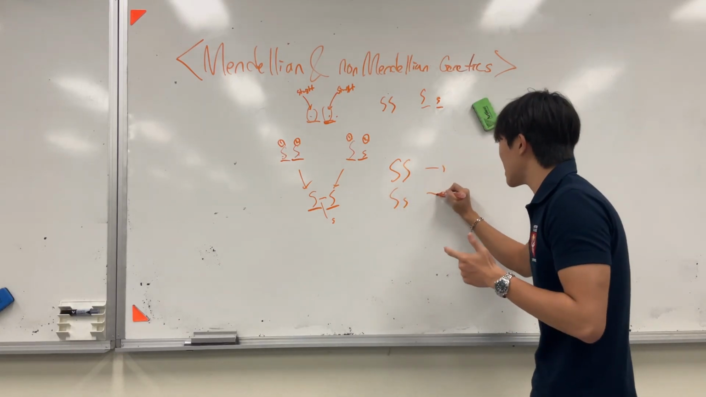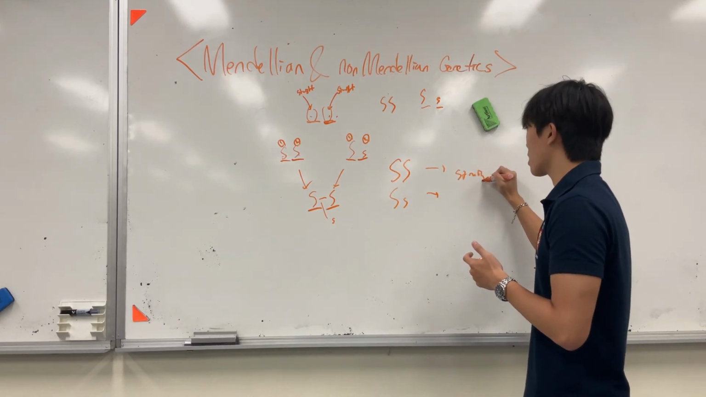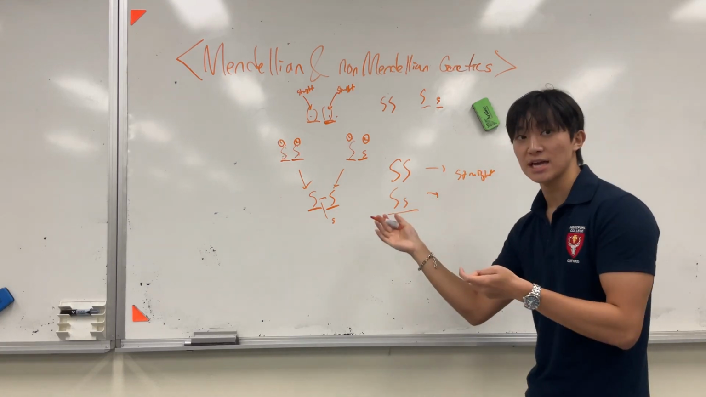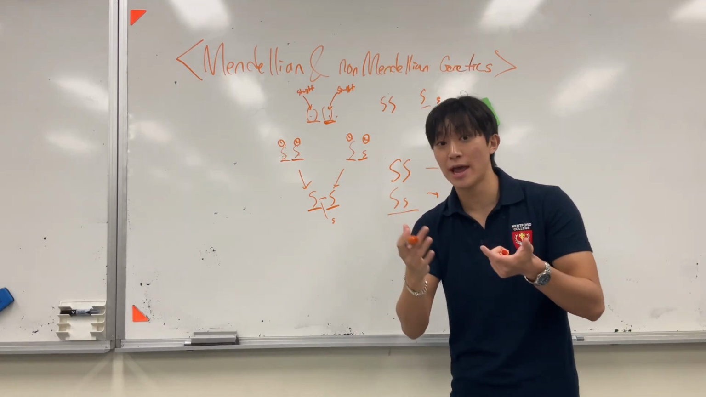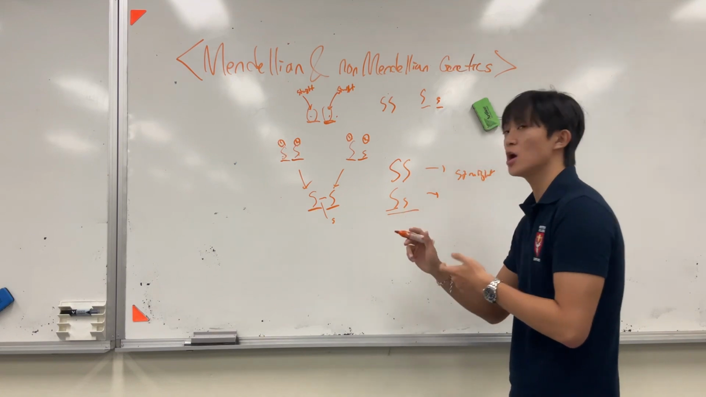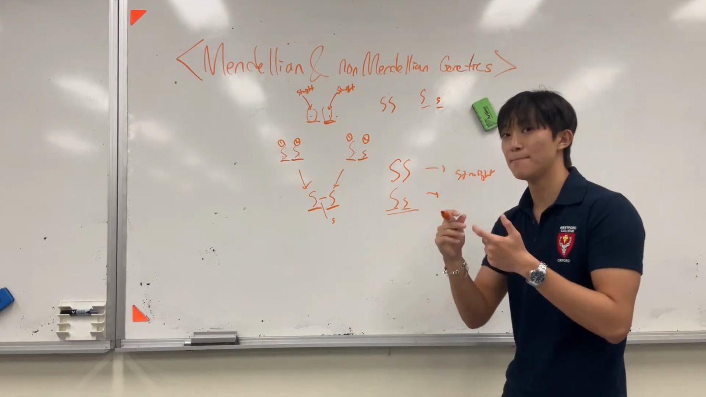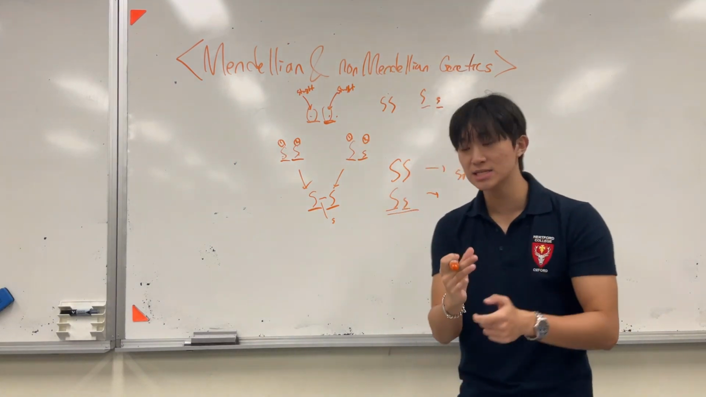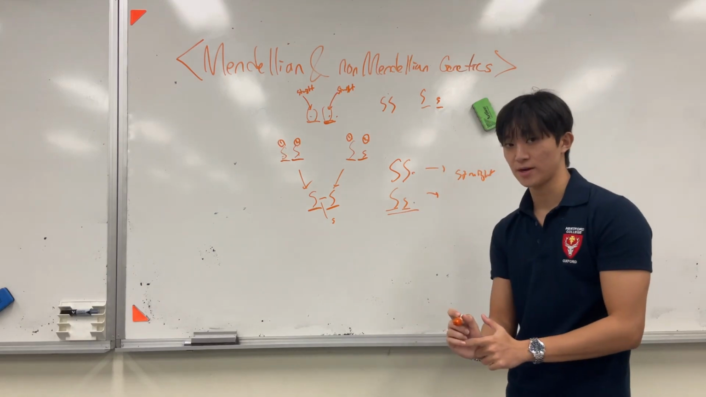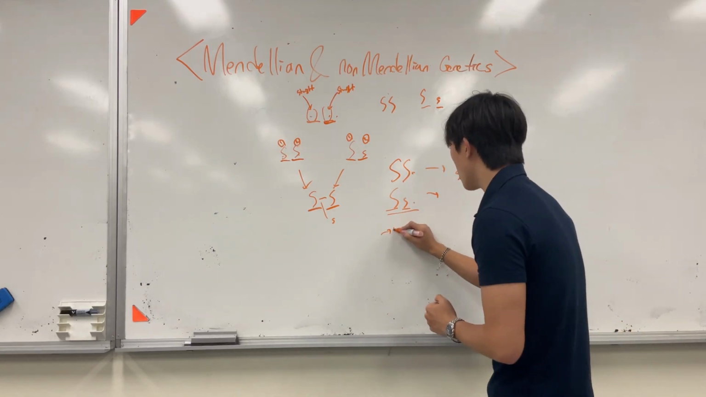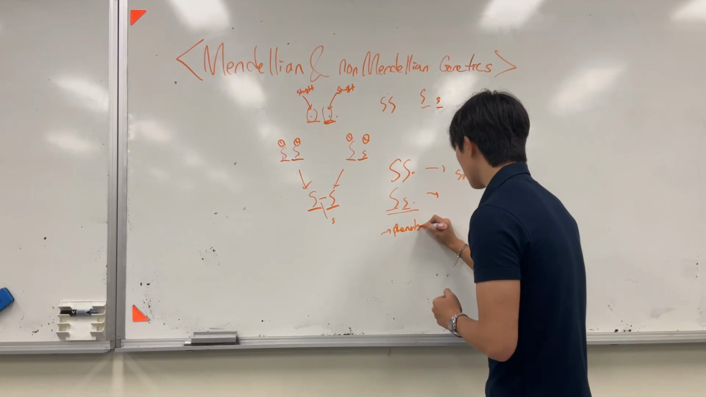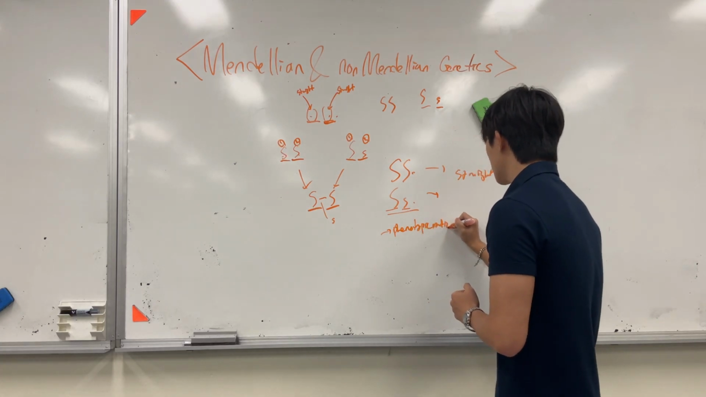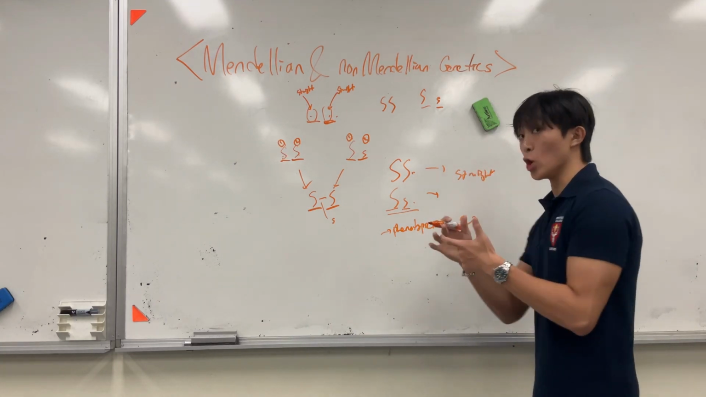In either case, I'm going to end up having straight hair, right? Because even in the second case, I'm going to be heterozygous straight hair, because this big S will override the small s and make me have straight hair, correct? But the genotypes will be different. So in this case, we say the phenotypic ratio is just 1 to 0 because I will always have straight